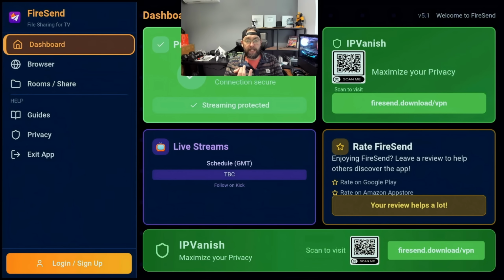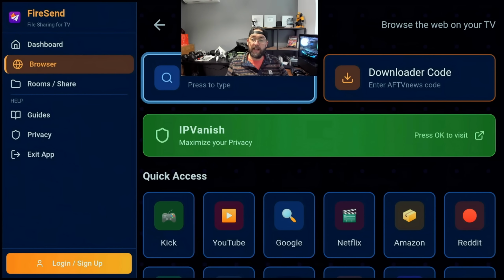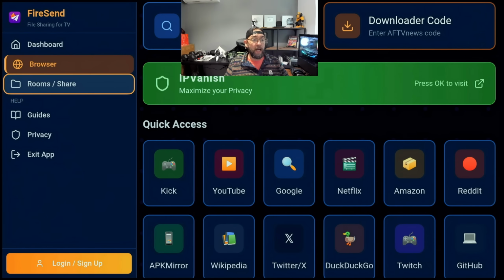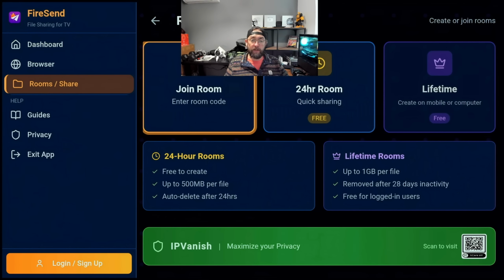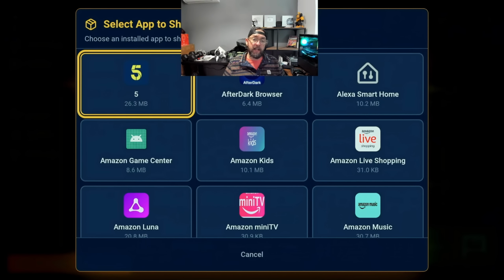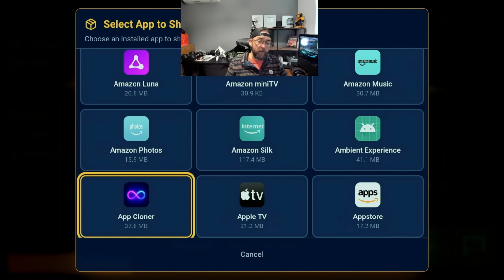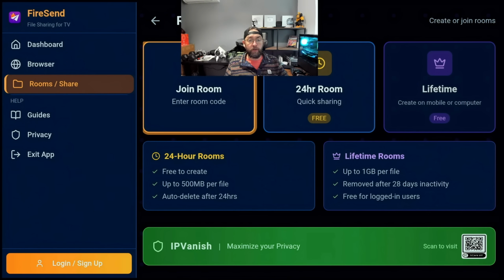It's a great application. What it will tell you is if you are protected, which is very good to know. It has a browser in it so you can browse the internet. You can also enter downloader codes, add some quick access tiles as well if you want them. Simple. And the key is the room share, okay? In room share, you can either create your own room, so you can upload apps off your device. So if you are creating a new device, you wanted to move some of your apps, you can click them, upload it into a room, download it again, or you can enter a room, join a room, and